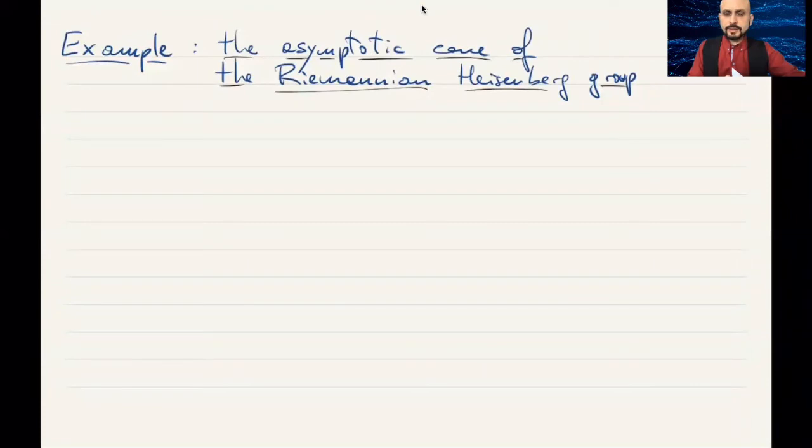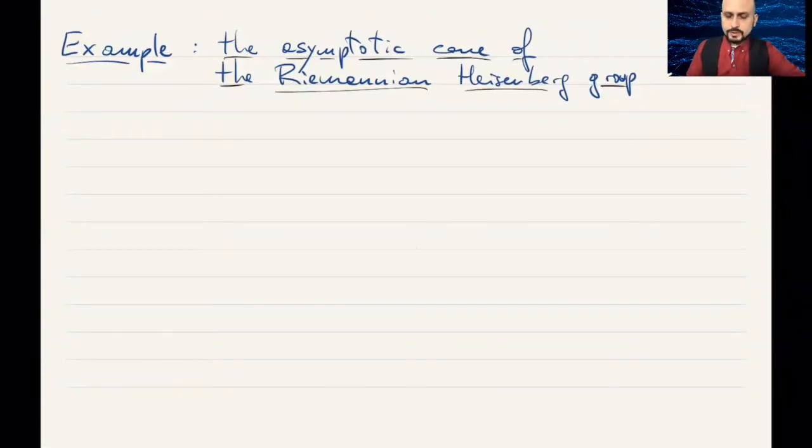Okay, then for a better understanding of Pansu's theorem, I will now show a simple version of it. We shall prove that the asymptotic cone of the Riemannian Heisenberg group is the subRiemannian Heisenberg group. Because this Lie group has nilpotency step 2, there will be some simplifications. However, some of the arguments will resemble the strategy in the proof of the theorem about limits of Carnot-Carathéodory structures. Okay, so let's discuss the